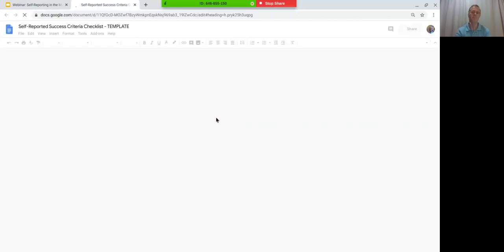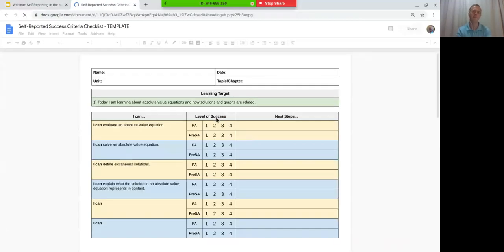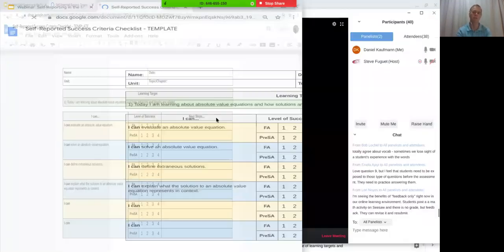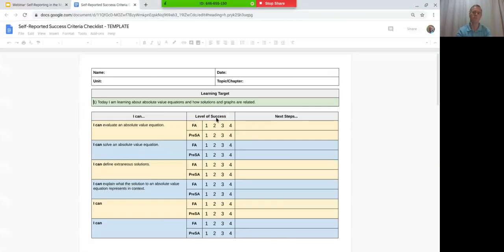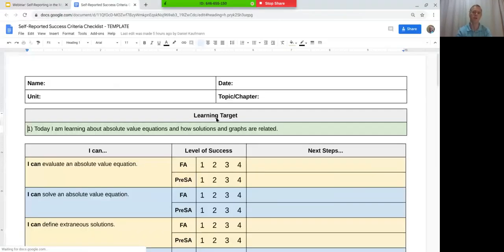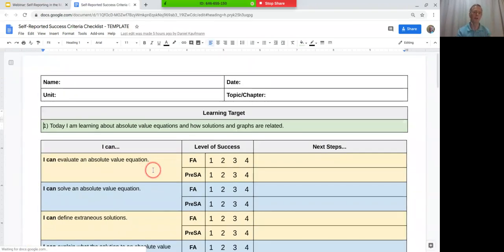Dan, while that's loading, there's another question on success criteria asking, how do you determine success criteria for students with different abilities? That's a great question. Let's say I have a class with mixed abilities, not accelerated, like a third grade class. You try to hold the same learning target, but if you remember the chart with the different colors and verbs in the different columns,